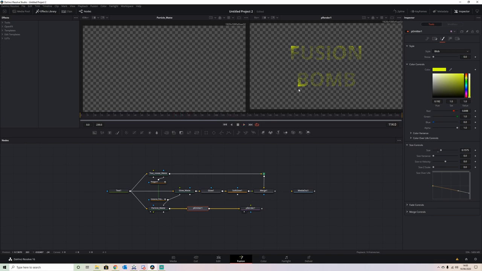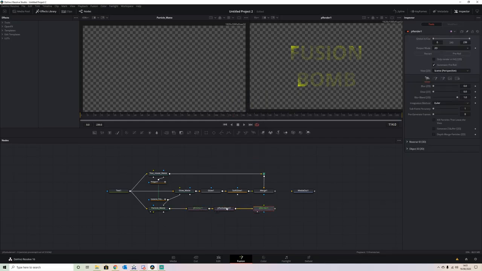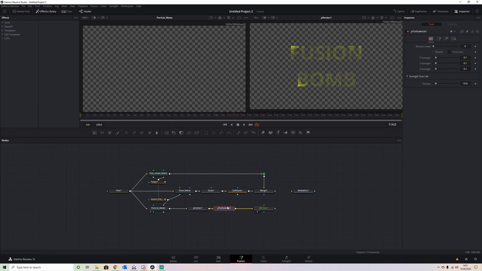So now we need the animation. The animation that I used was a particle turbulence. So what turbulence does, it adds sort of like a swirling motion to the particles. I always imagine it if a car was driving past a bunch of leaves, it would suck them in and then spin them around. That's the kind of effect that you're going to get with this. So if we have a look halfway through our render,